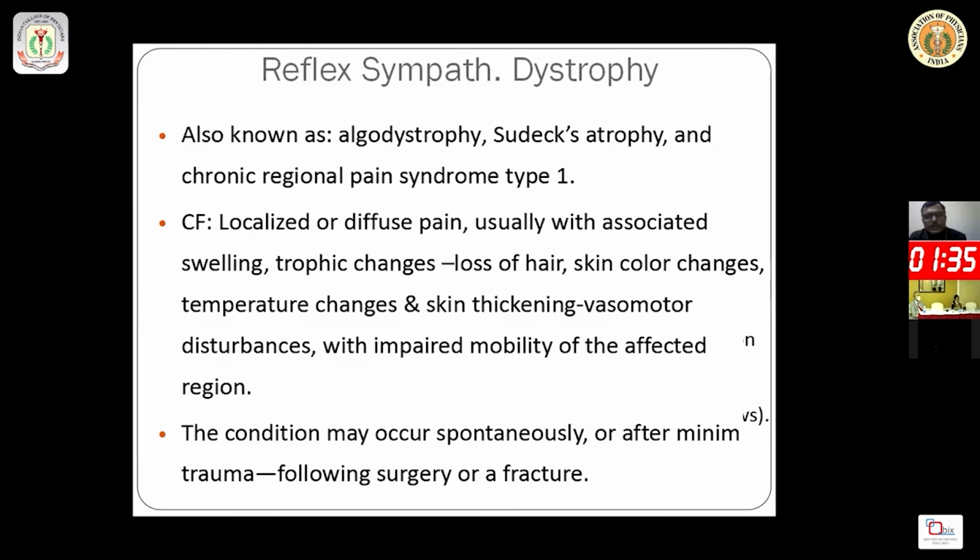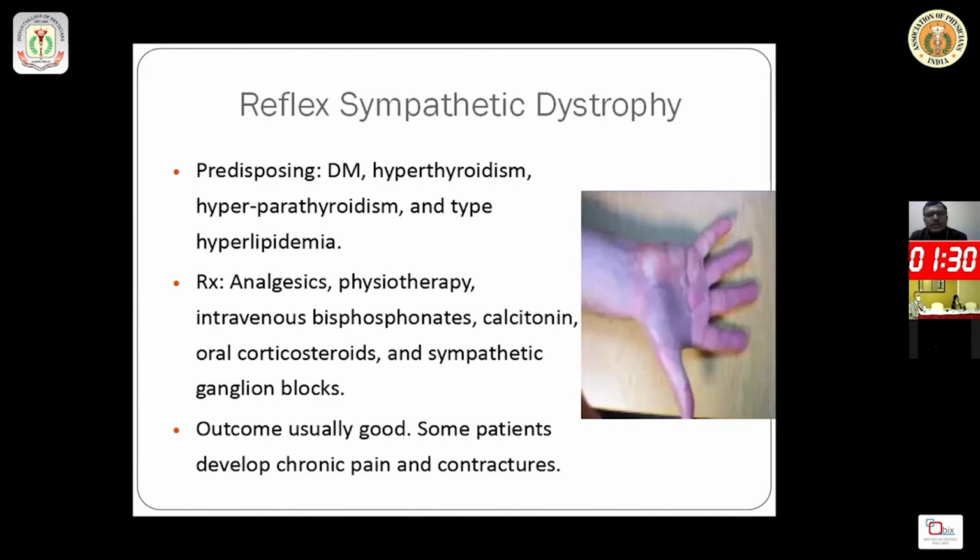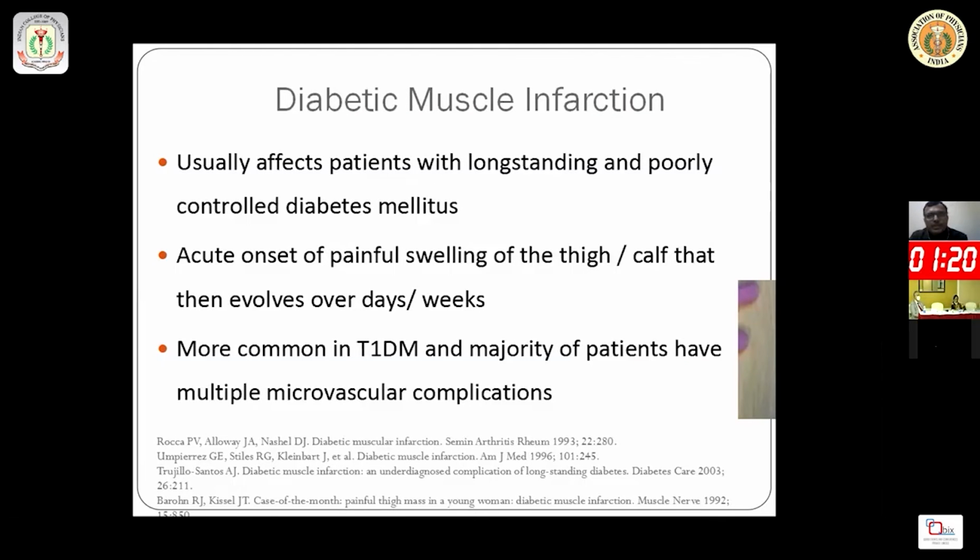The condition may occur spontaneously or after minimal trauma, following surgery or fracture. Predisposing factors include diabetes, hyperthyroidism, hyperparathyroidism. Treatment includes analgesics, physiotherapy, or intravenous bisphosphonates. Outcome is usually good. Diabetic muscle infarction usually affects prolonged diabetics who are poorly controlled,